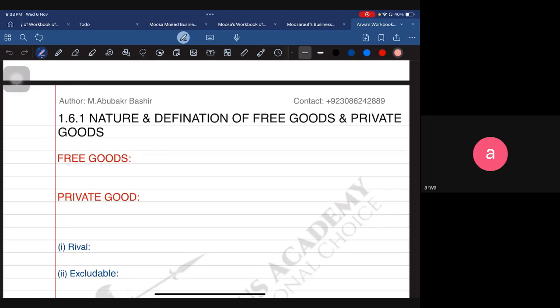So free goods are something that will not have any opportunity cost while producing, and also it does not use any scarce resources for the production. It's basically things like sunlight, air, the sky, all of those are like free natural goods. You don't have to pay for them, and they're always going to be available to us. They will never run out.